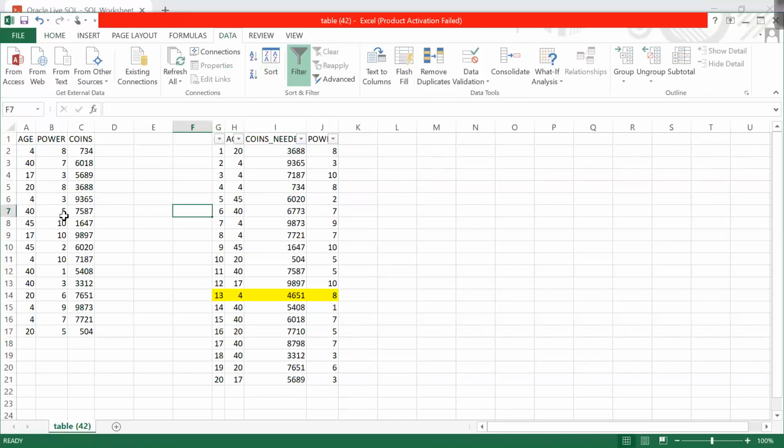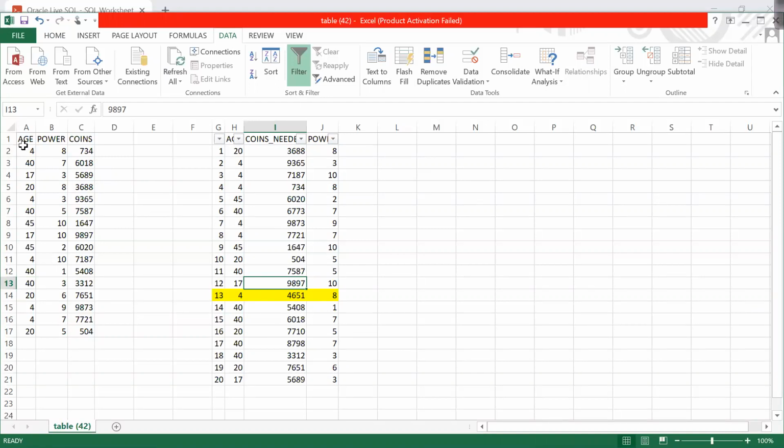We'll see that. 6773. So 40, 6018 should be there. So 40, 6018 is there, right, with power 7, and the other 2 records are not there. This is power 5, this is power 1, this is power 3. Same way for the others also, right?